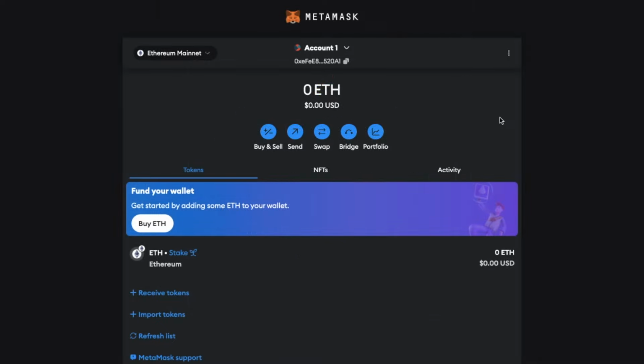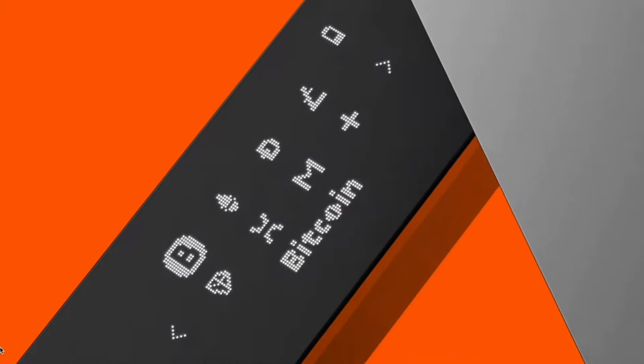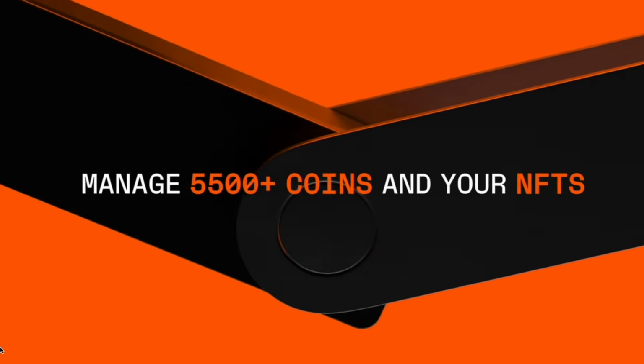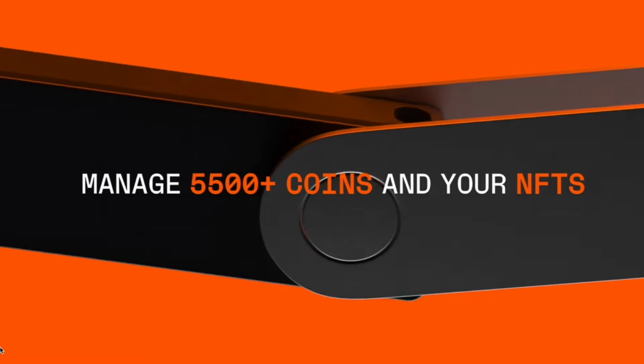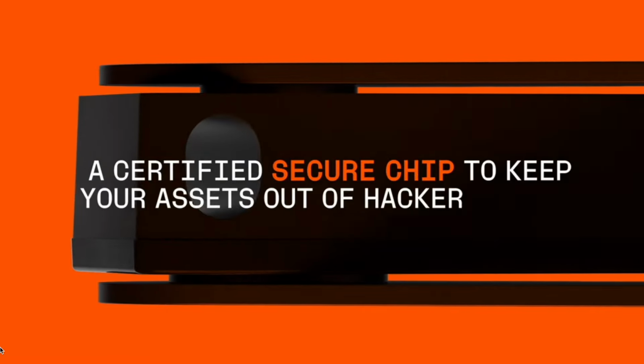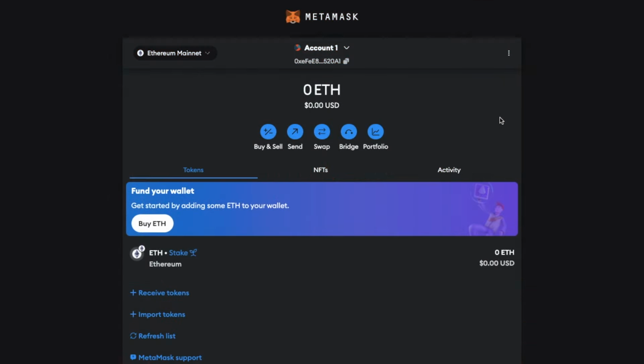Now mine is showing in an expanded view for the purposes of this tutorial, which I reached using the 3 dots on the right, and that's why it could look a little bit different to yours. As I said earlier, you can also use Metamask to connect to your Ledger or a Trezor hardware wallet. And this is handy because it means that you don't have to keep your cryptocurrency in your Metamask wallet itself, which is less secure than the likes of a hardware wallet. And in this case, Metamask is essentially being used as a